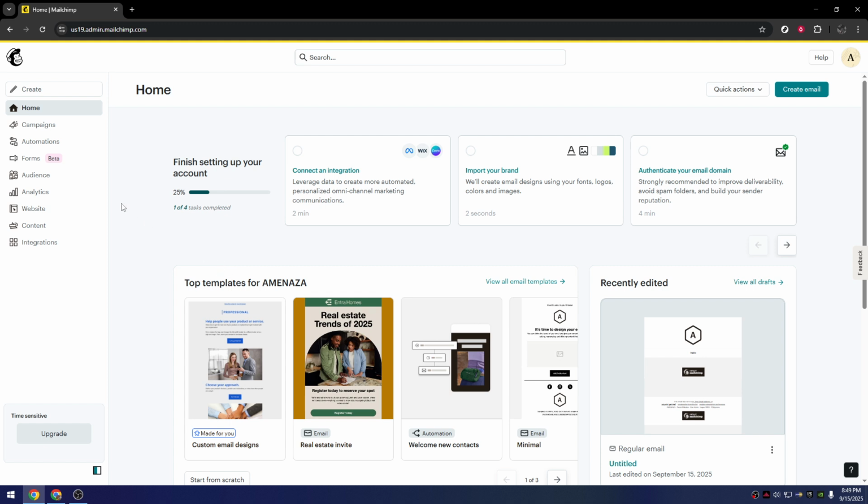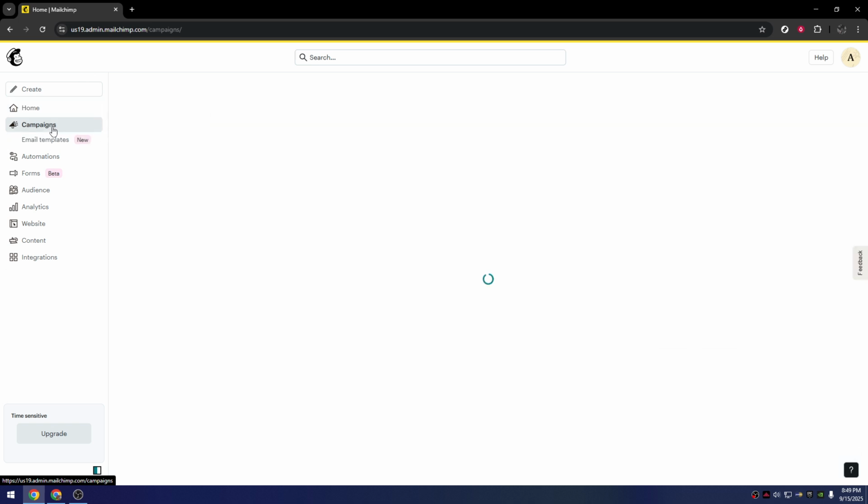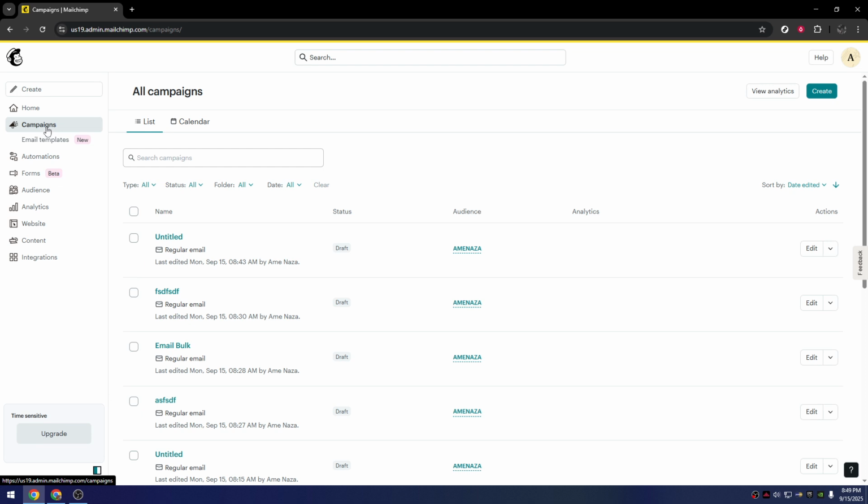To get started, first head to the Mailchimp homepage by visiting us19admin.mailchimp.com. Once you're here, you'll see a dashboard with various options to explore. Today, our focus is on creating a new campaign, so direct your attention to the left-hand side of the page and click on Campaigns. This is the section where all your campaigns will be stored, and where you'll start to